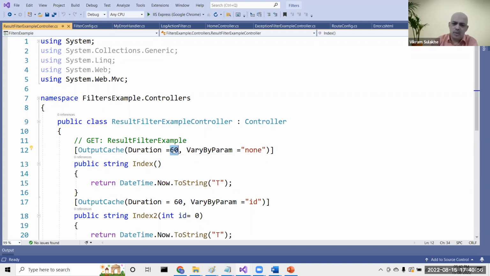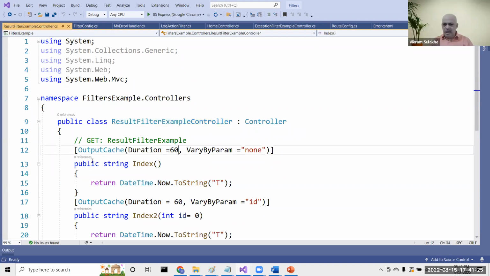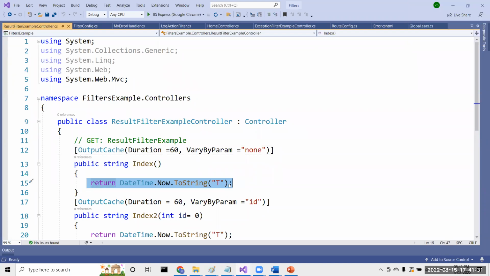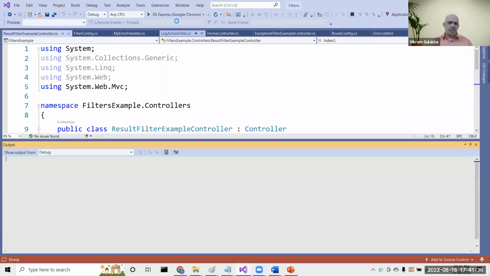What is it doing here right now? Keeping it cached for 60 seconds. So for 60 seconds, if I try returning this, what is it going to return to me? Right now, what is it returning? Can you see what it's returning? The time. The current date time. Right? So if I see the time now,